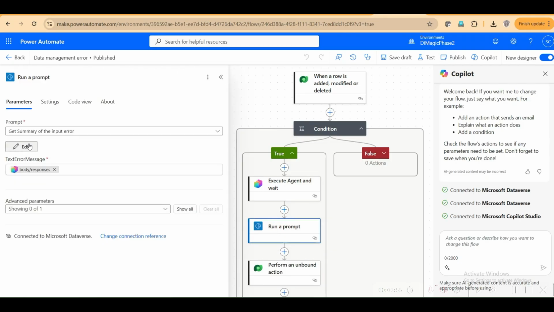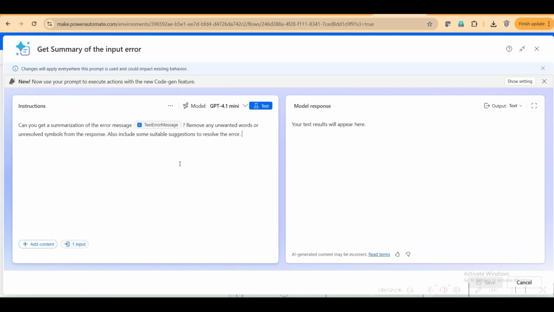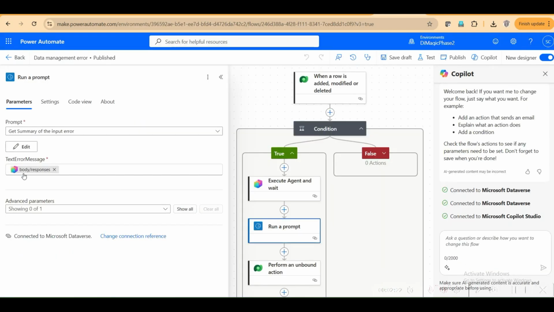The prompt is doing what? The prompt is just getting hold of the error message. And obviously, as you can understand, it's a JSON error message. I need to parse the JSON error message. So I'm just getting a summarization of the error message and removing any unwanted words or any unresolved symbols from the response. Also include some suitable suggestions to resolve the error. So once I have done that, I am just passing on the response from the previous step. That is the response from the Copilot Studio, from the Copilot agent, and I'm just waiting for the execution to